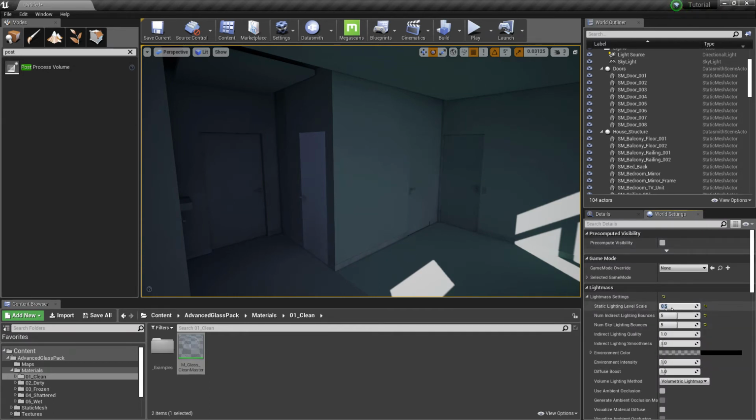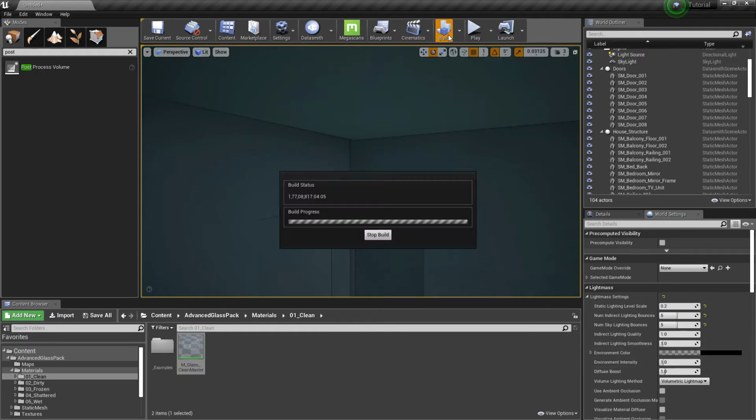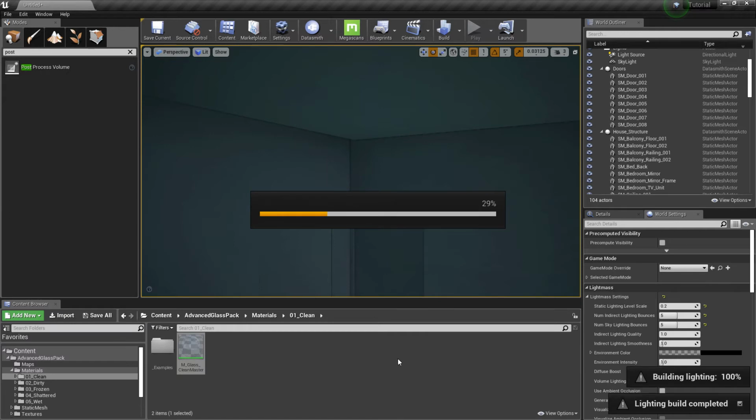Let's change the static lighting level scale to 0.2 and do a build again. The build has finished.